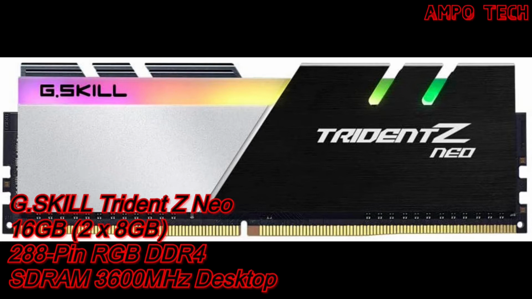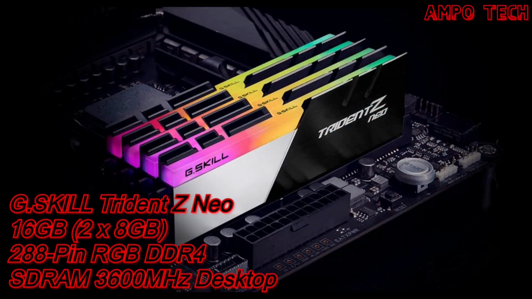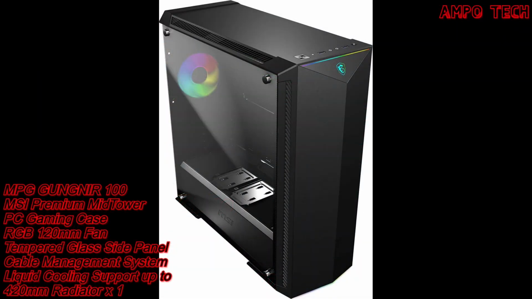The Trident Z Neo series is designed specially for AMD Ryzen 3000 and X570 series, and it is a 16GB kit containing 2 pieces of 8GB modules with 3600 MHz memory speed and 288 pins. It is equipped with a Trident Z Neo RGB heatsink, which not only keeps your RAM cool, but also looks nice too. So that's it for the RAM. And for the case is the MSI premium